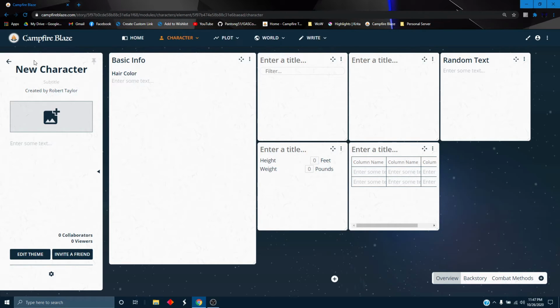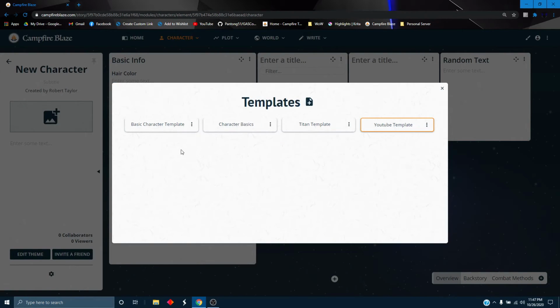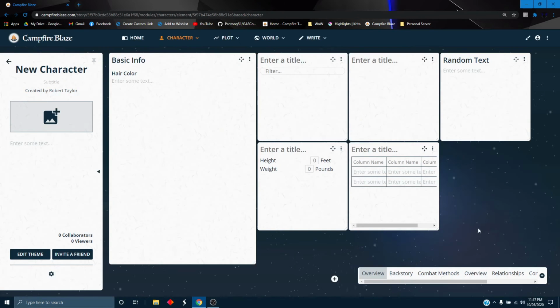Now then, say you're like, well, I need to use a different one this time, but I'm not going to use it very often. Then you can just go to templates. I'll show you guys mine real quick. Basic character template, you can just hit load. And as you can see down here, a lot more popped up. And that's because it kept the old ones and put the new ones. So all you gotta do is,